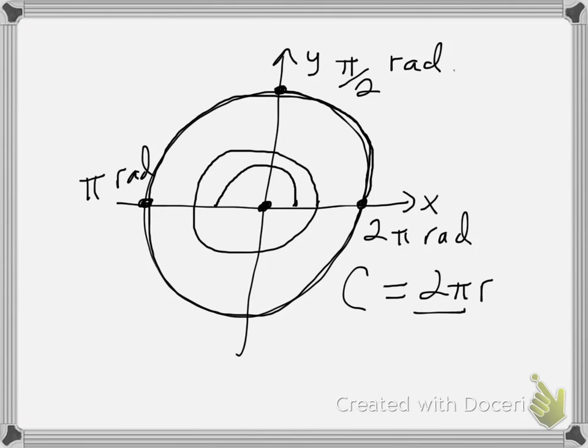2 pi is the angular distance around the circle, and r is the radius. So 2 pi radians is the angle all the way around the circle. All right, we can do a couple of examples here real quick, and let's just say that we have